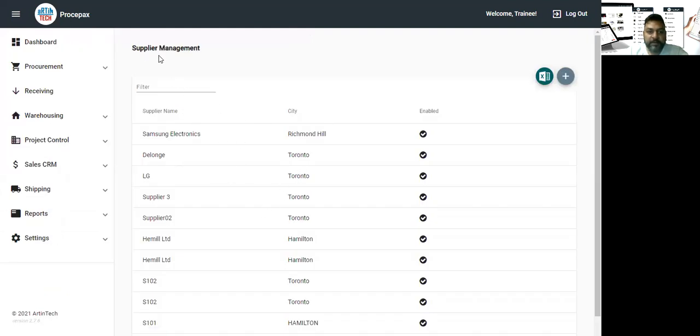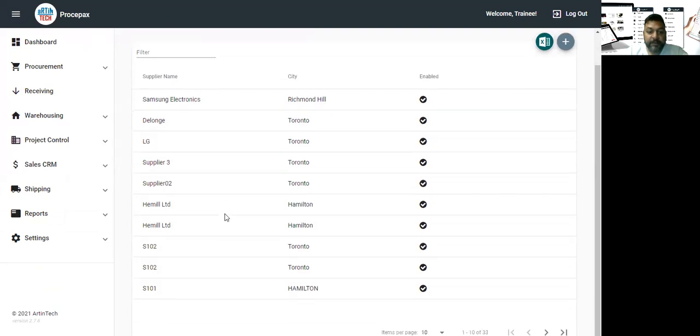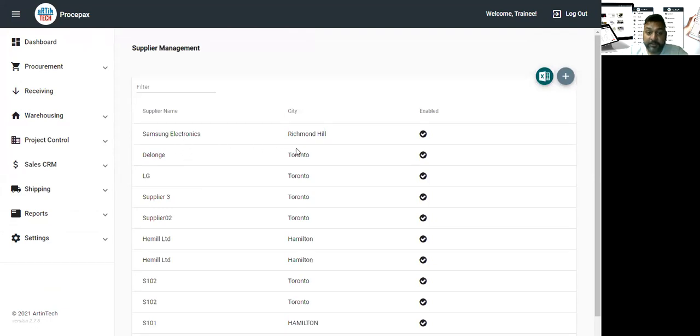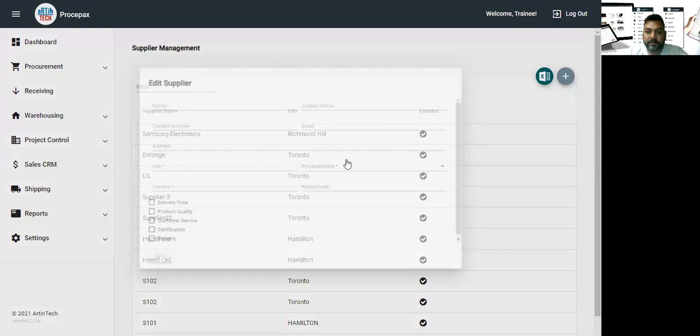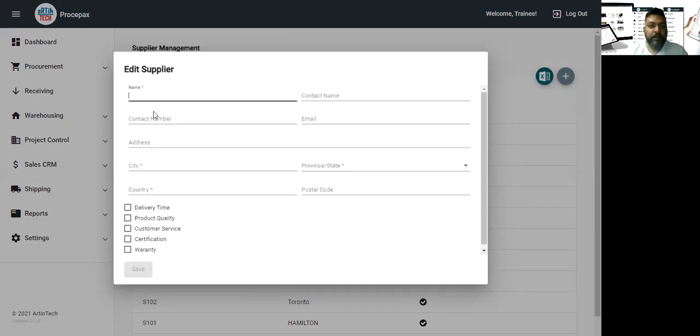As you can see, in the supplier management we see different suppliers which are already in the system. First I will show you how to add a new supplier in the system. We can give a name to the supplier, whatever the name is, and the name of the contact person,